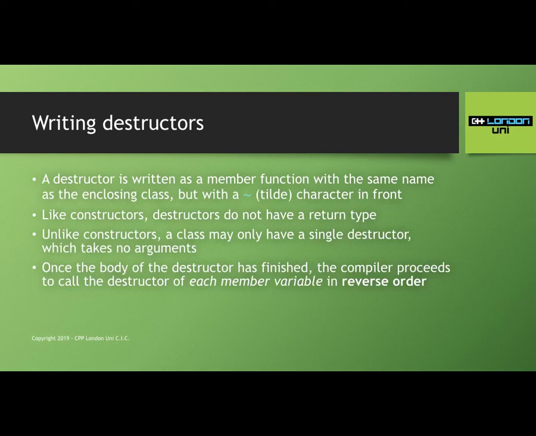We can use them, we can inspect them, we can refer to them. That's fine. After the body of the destructor is finished, the compiler goes ahead and runs the destructor of each of our member variables. In fact, this is the exact opposite of what it does when we're constructing an object. As I said about half an hour ago, when we construct an object, our member variables get constructed in order, then the constructor body runs.